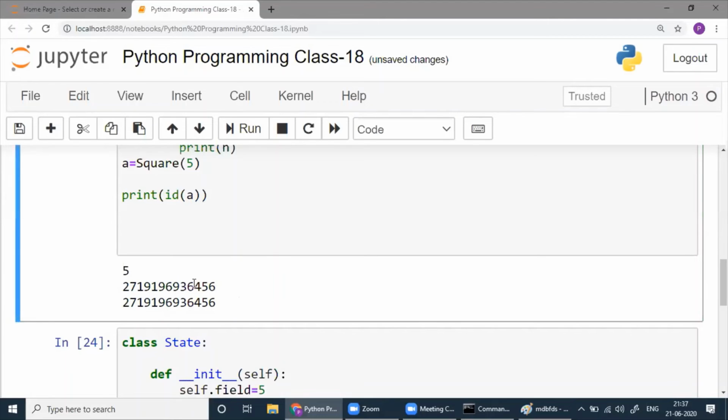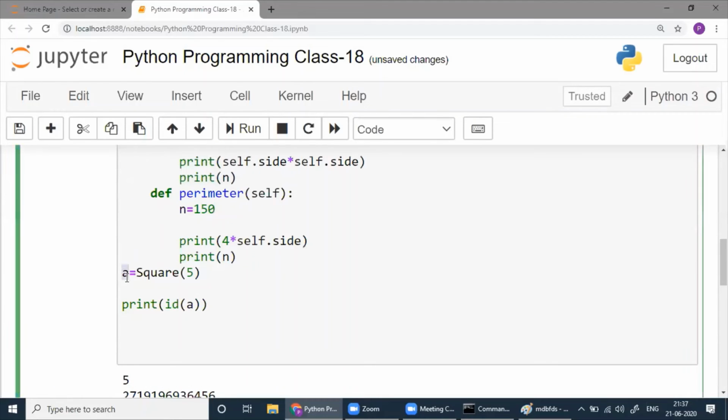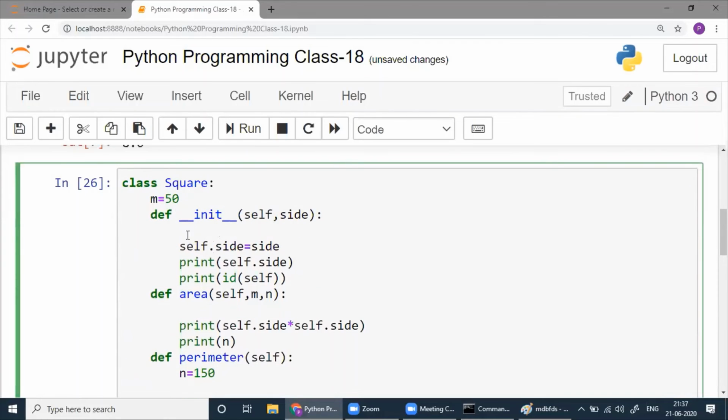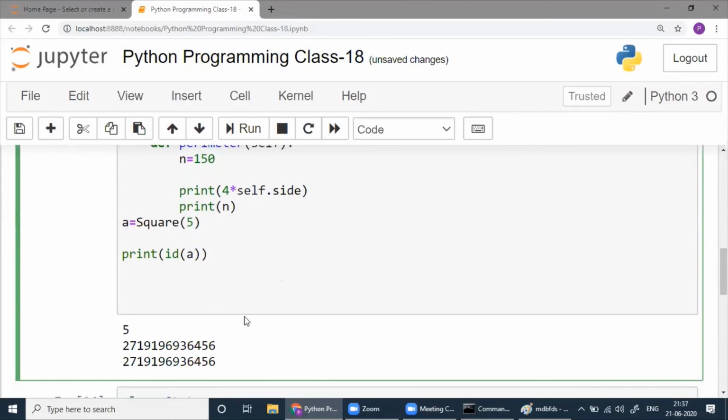I must have explained before also. When you create an object, you send the object to self so that there will be binding to all variables. You get access to that, that's why we write self here. So when you check the ID, they are the same. ID of self and ID of this one. They are the same.